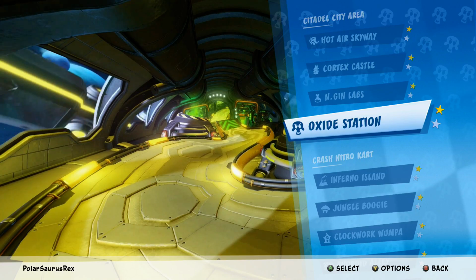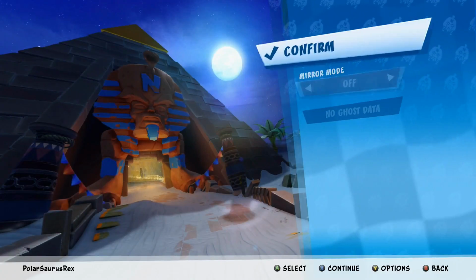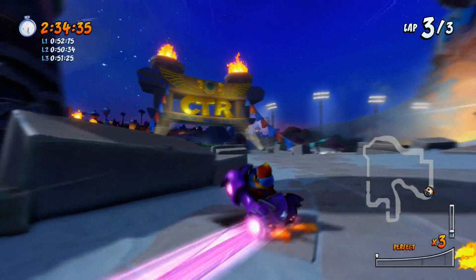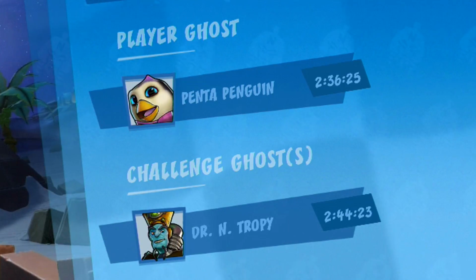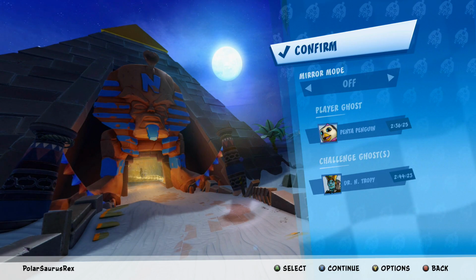Number 3, Oxide Station. One thing I don't understand about this game is that you have to prove that you're worthy of racing Oxide before you can race him. You can't just go and race Entropy or Oxide's Ghost, you have to get a good enough time by yourself first. And I don't understand why you can beat Oxide's time the first attempt where you're proving that you're good enough to race him, but it just doesn't count, so you have to do it again,